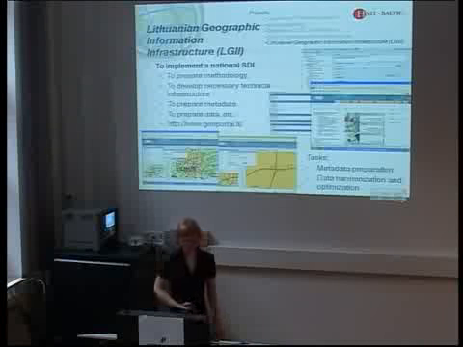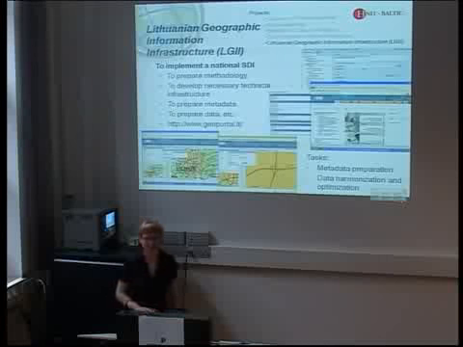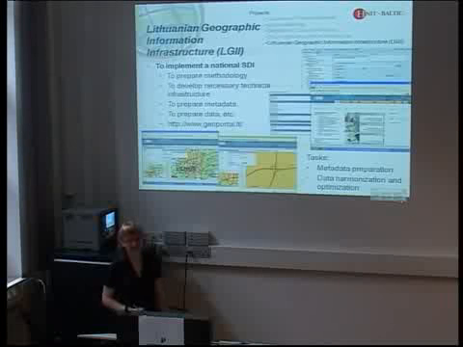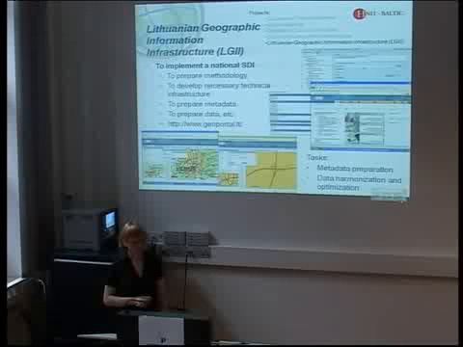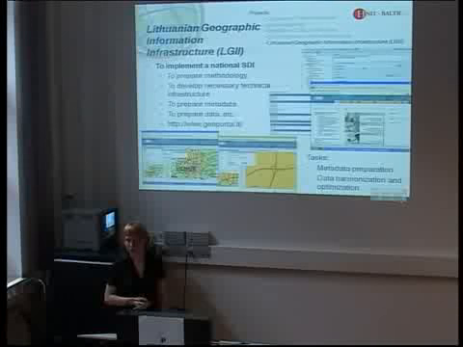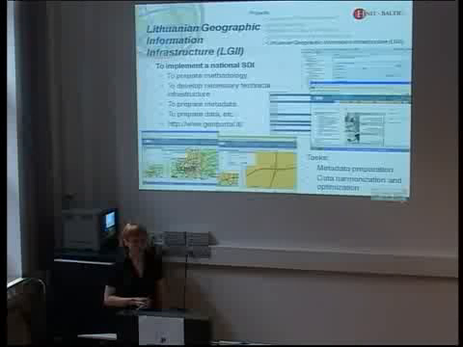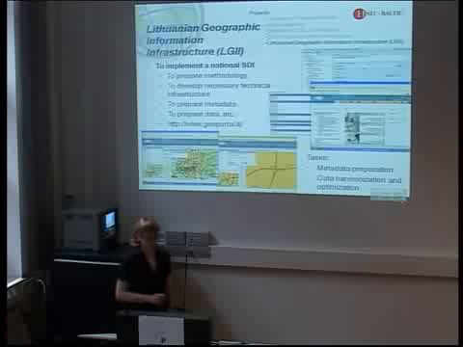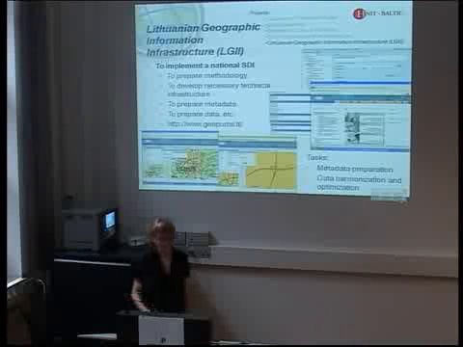And the last project, and I think it's the biggest so far, not only maybe in Lithuania in the GIS field, but also in the Baltic countries. So it's development of national SDI, and it's called Lithuanian Geographic Information Infrastructure, LGII. And I just put some main objectives of it.